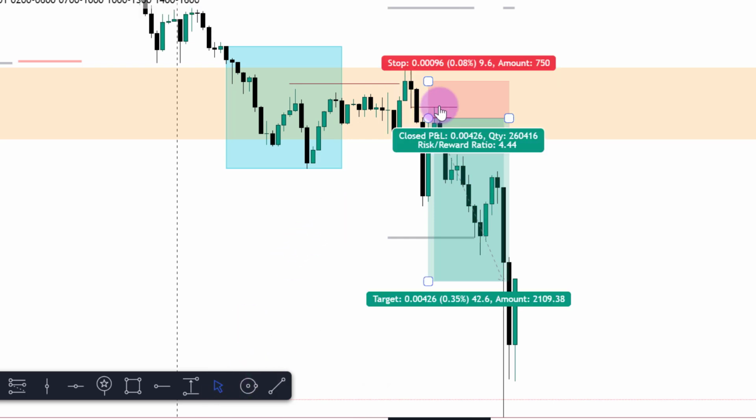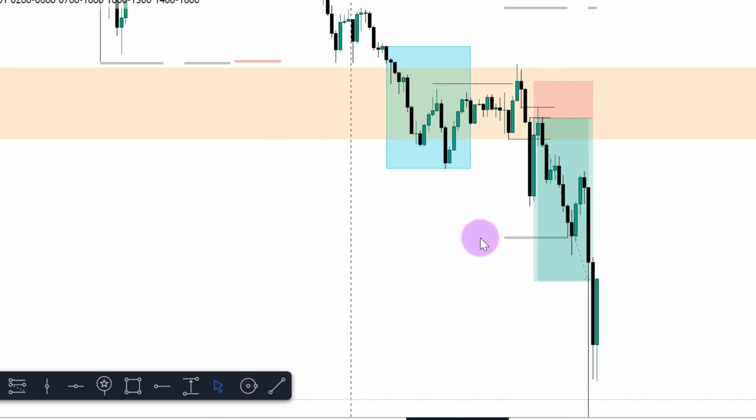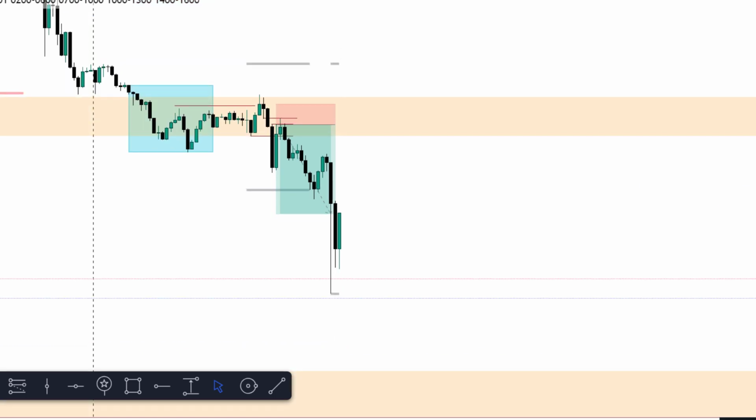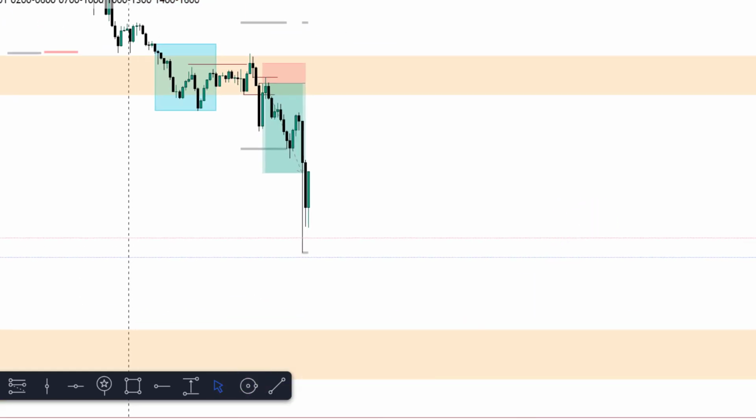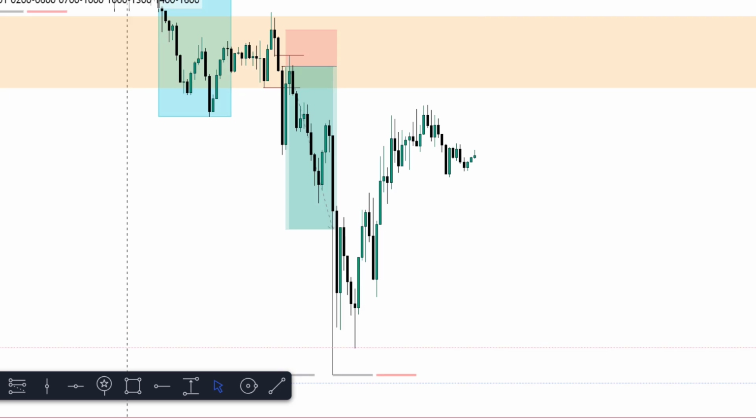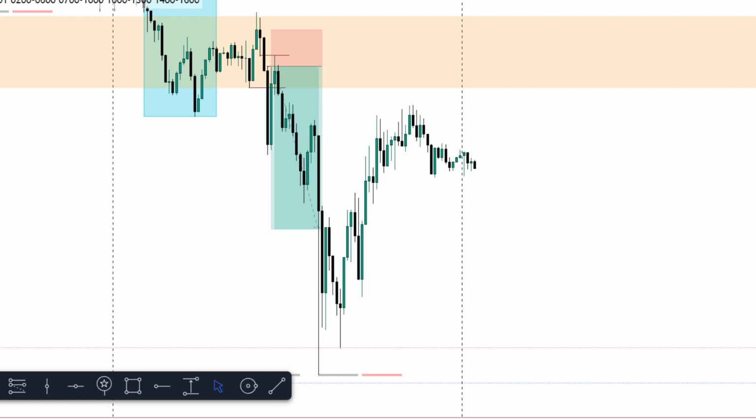That's our trade entry. And look at the expansion. It has delivered that 40 pips. And we are done for the day. We are waiting for the next trade setup to unfold in the next day. So we are just going to wait for the next trading day and look for the same criteria to unfold